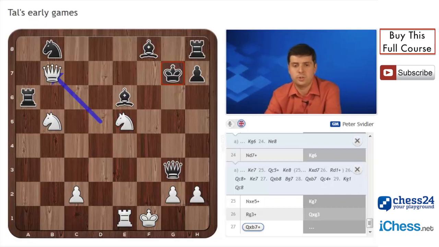Once again, I want to restate that I understand these two games were perhaps not as well played by Tal's opponents as we would all have liked from the purely aesthetic point of view. This is very, very one-sided, and I promise that the rest of the videos will feature games which are much more hard-fought than these. But I thought it would be interesting to see just what the early games looked like,